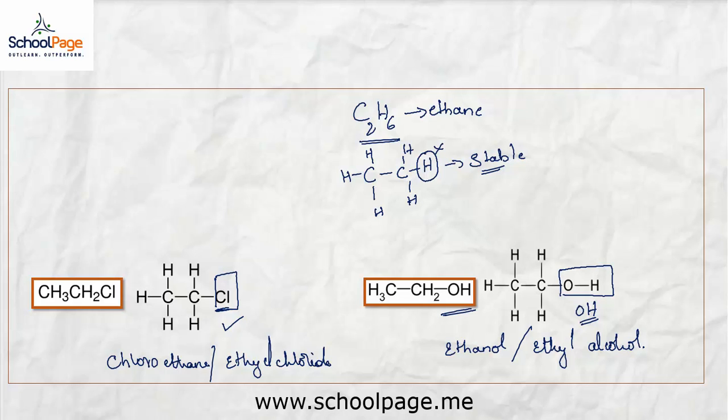We can see that when a different atom binds to an organic compound, it becomes a totally different compound. And when you check the properties of these compounds, they are always different. Here we can call chlorine and the OH group functional groups. As soon as a functional group gets attached to an organic compound, it changes the properties of the original compound.